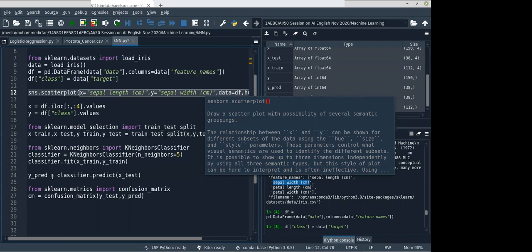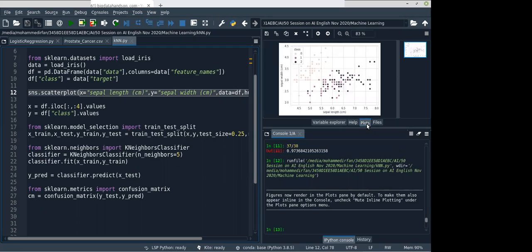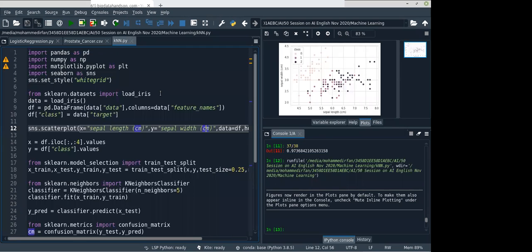If you run this, you will get a scatter plot. So you can see here, this is the scatter plot. Let's use dark grid.